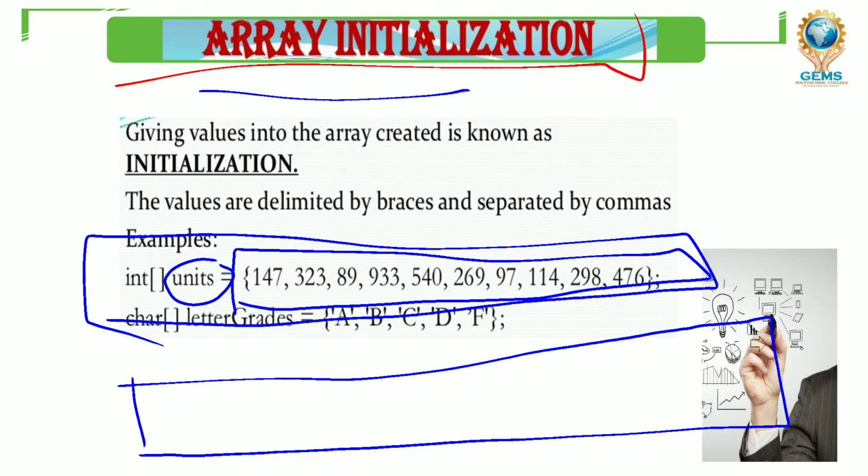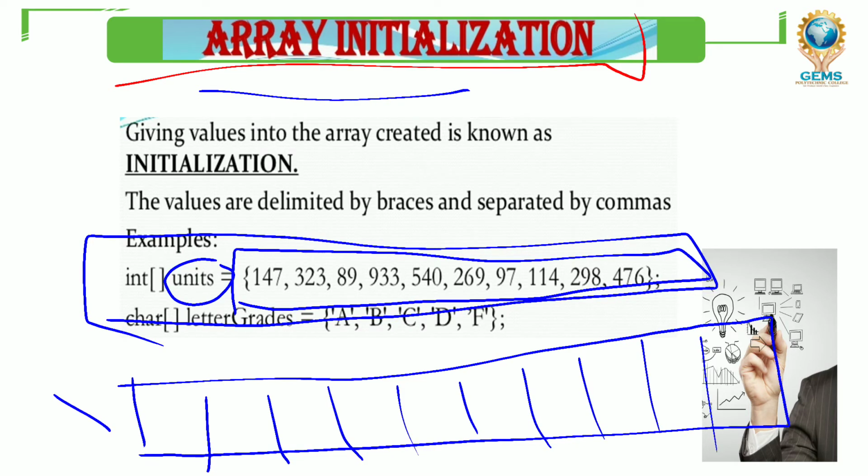What will happen in initialization? This is an array, an empty array. Nothing is there inside of this. Locations are there, but no elements at all.